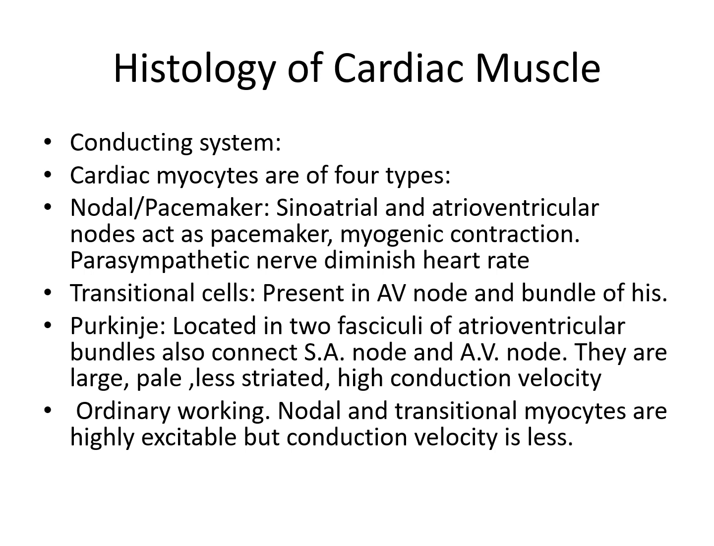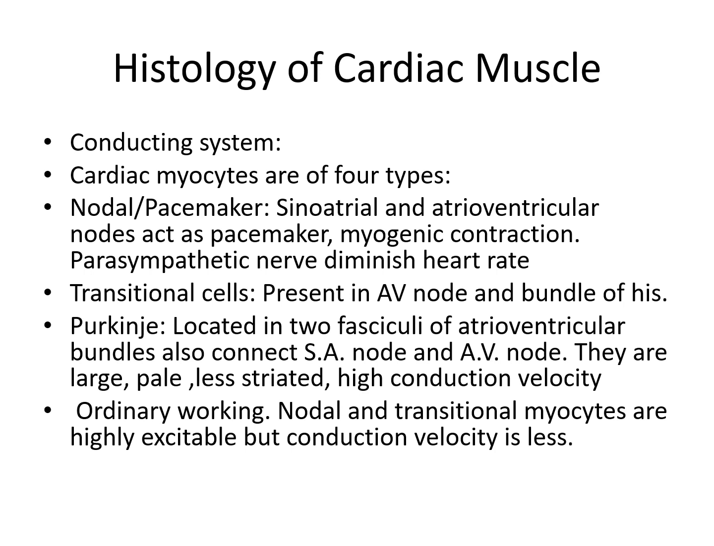The second variety is transitional cells. These are present in the AV node and bundle of His. Third type of cardiac myocyte is Purkinje cells. They are located in two fascicula of AV node, AV bundle, and the Purkinje cells also connect the SA node with AV node. And the Purkinje cells are large, pale, less striated, and the most important thing is they